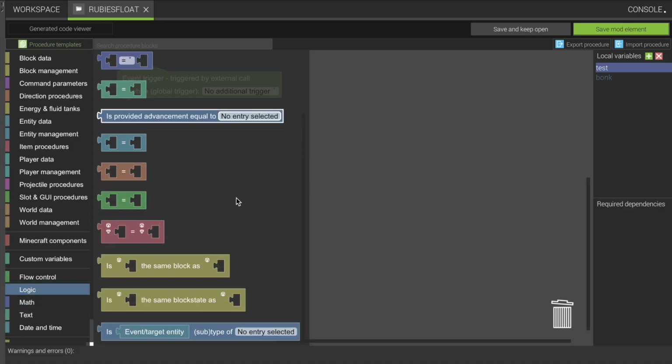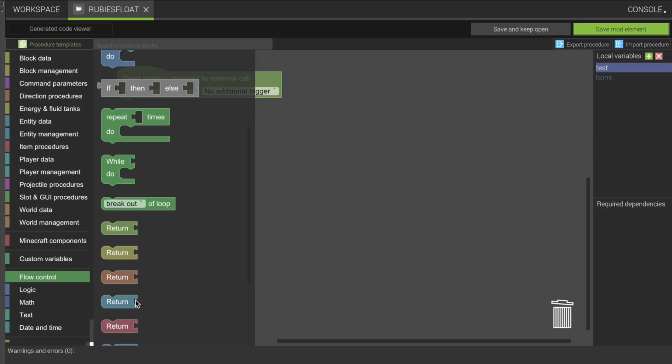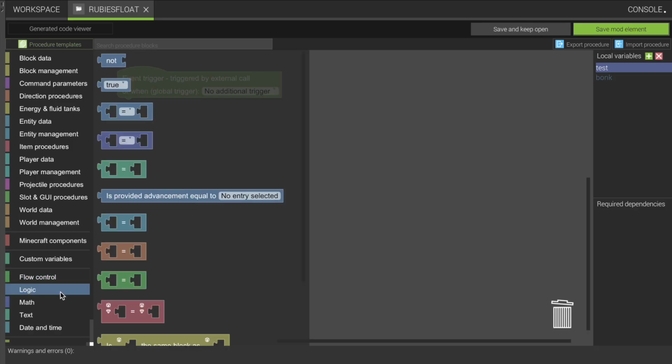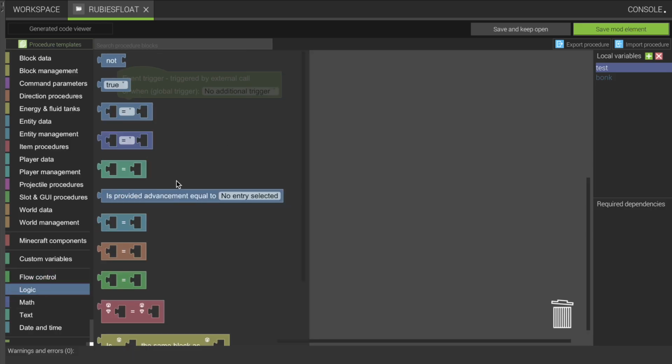Logic, all these logical stuff, equals, block slash item equals, is block the same block as block, is block the same block state as block, is event target entity, sub no entry selected, yeah. Flow control, all the complex flow control stuff, returns a value to whoever is calling the variable. All the return stuff, usually used for functions, but